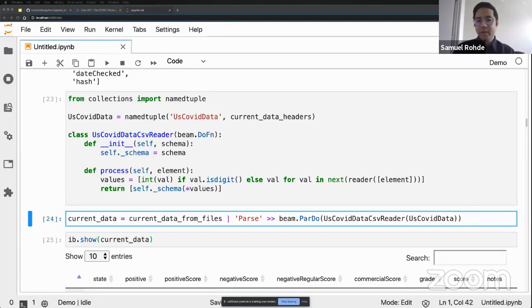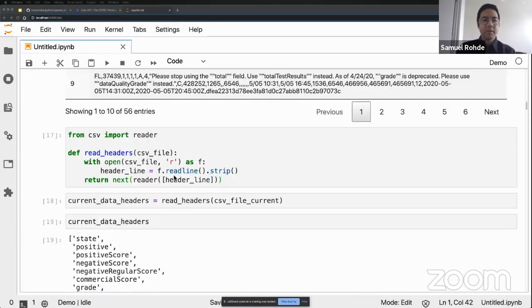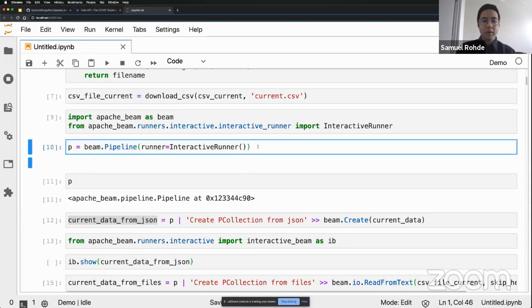Thomas asks, when do you use the interactive runner versus the local runner? Good question. Interactive runner, you can use it with IPython or Jupyter Notebook or JupyterLab. We haven't done much intensive testing outside of that environment. So local runner is when you're doing kind of unit testing or testing with the pipeline. Interactive runner is when you want to use it in a notebook or IPython environment with some sort of REPL, where you can just kind of